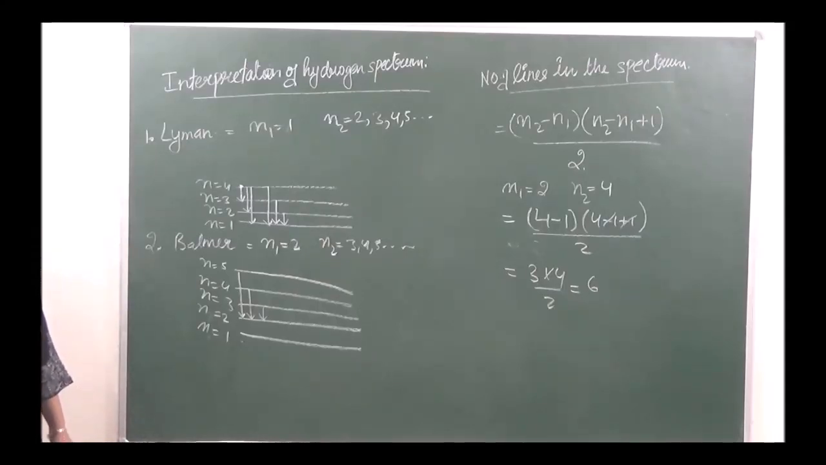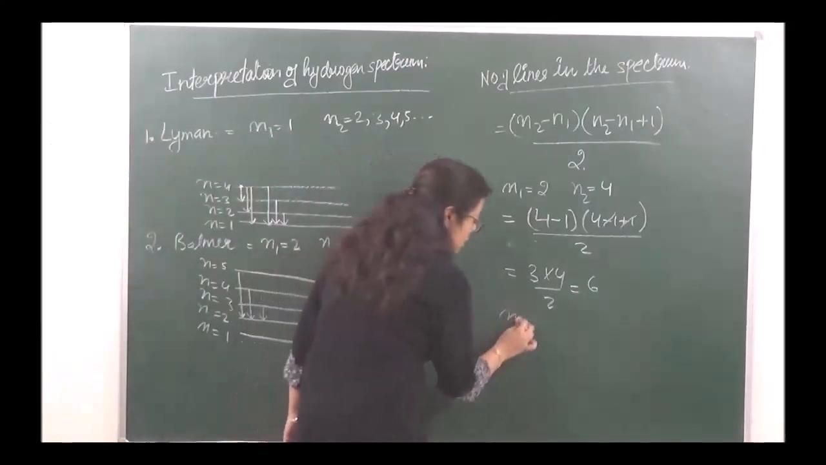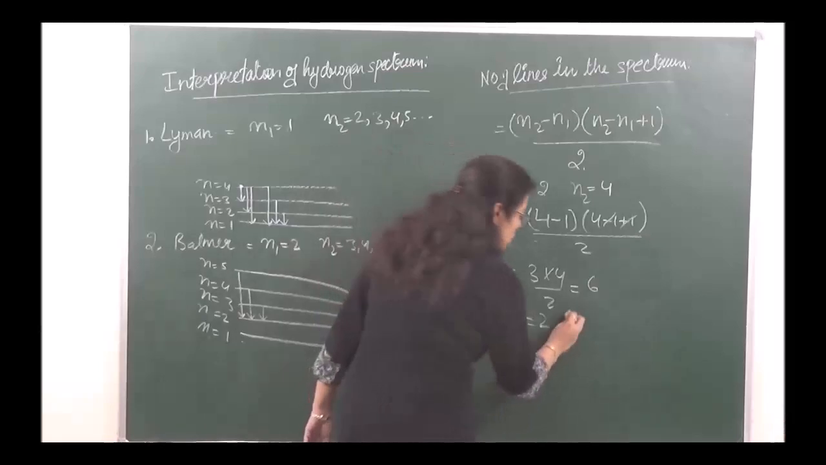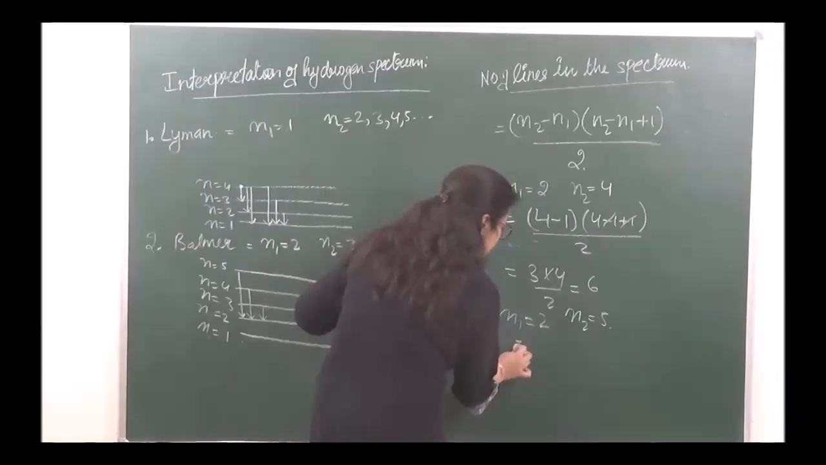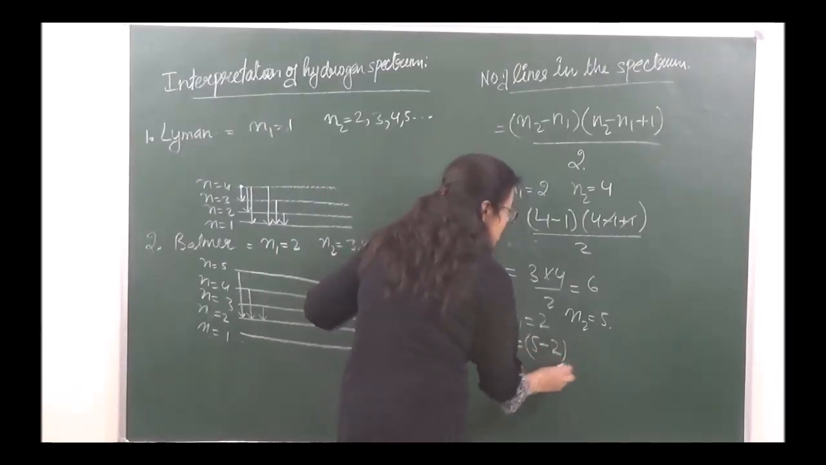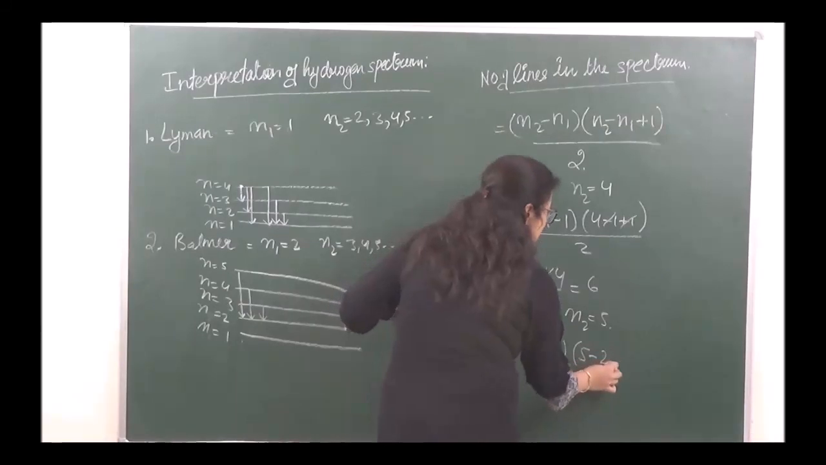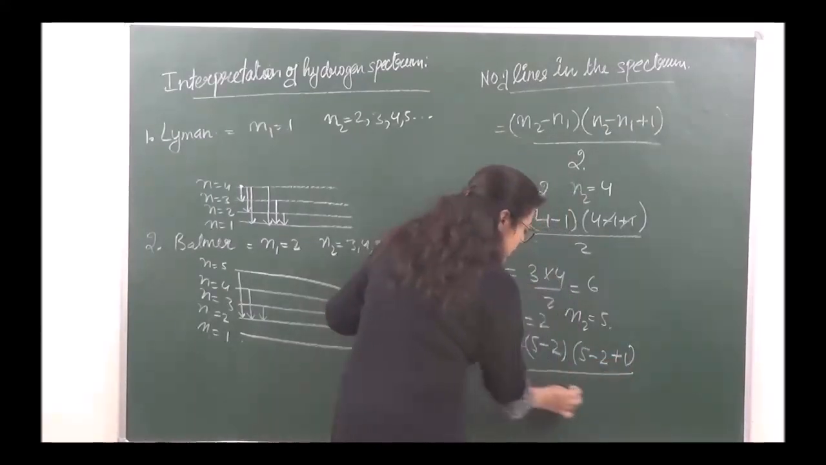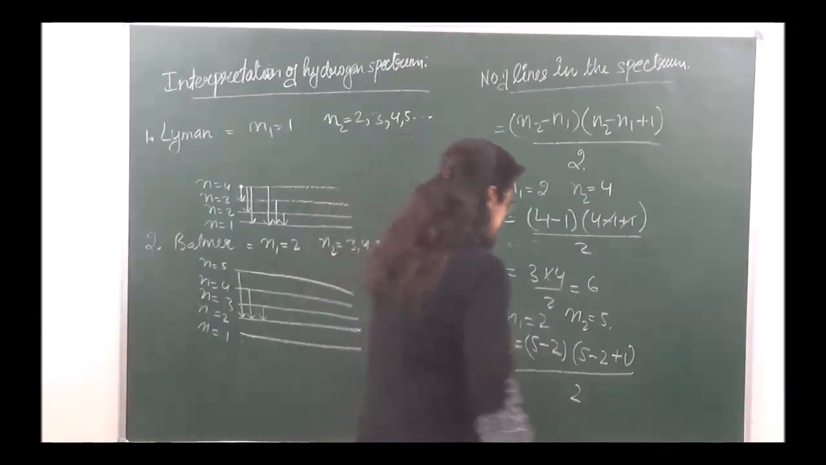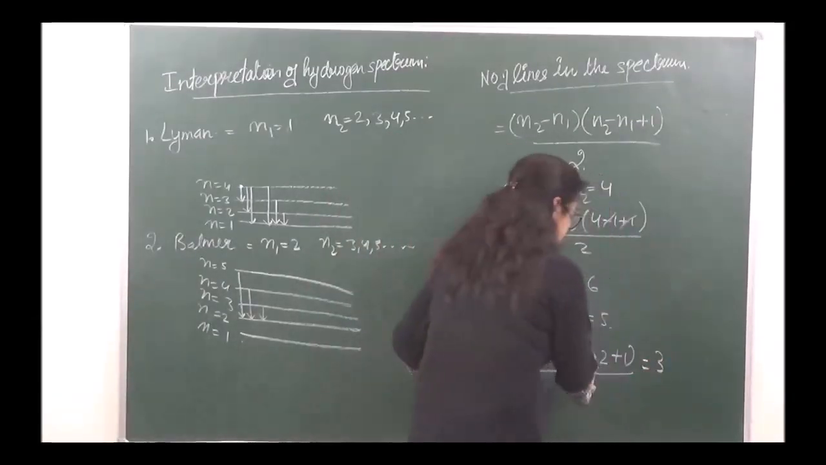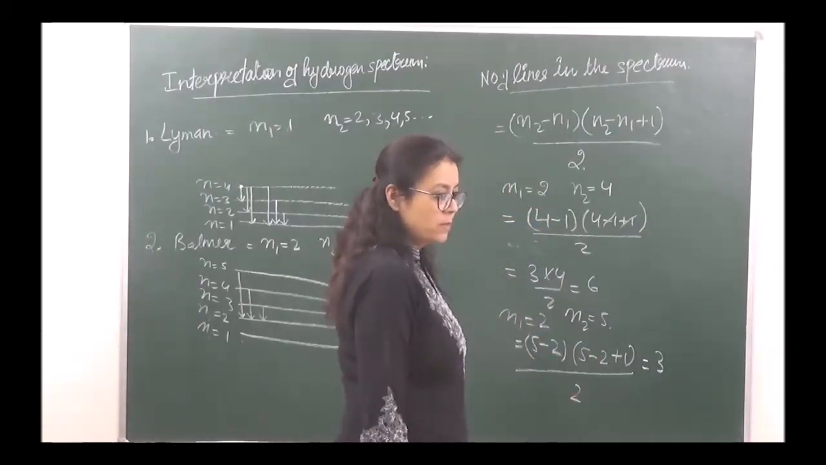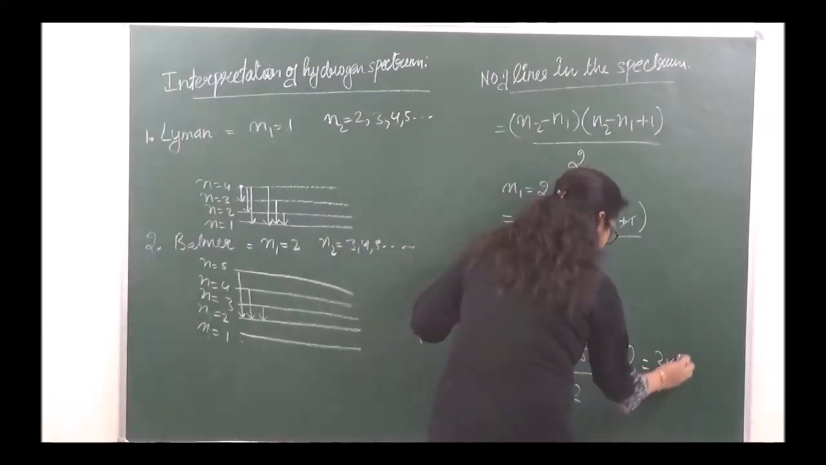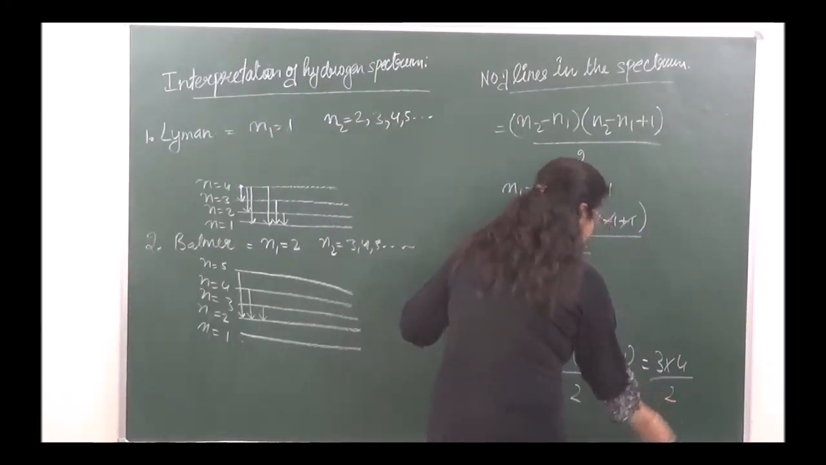Clear? And if we are saying that the transition is taking place from n1 is equal to 2 and n2 is equal to 5, the number of spectral lines will now become (5 minus 2)(5 minus 2 plus 1) divided by 2. 5 minus 2 is 3, 3 plus 1 is 4, into 4 divided by